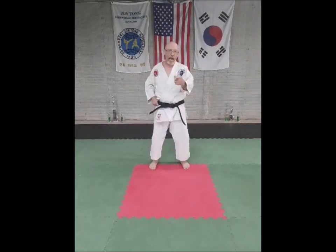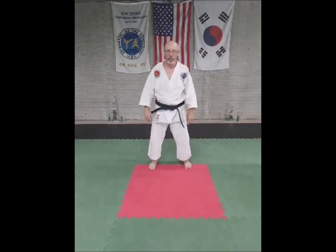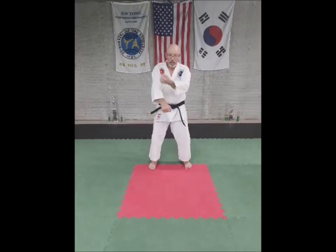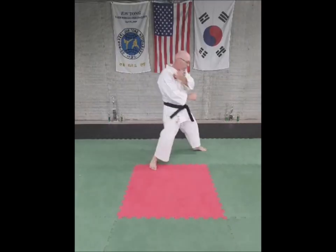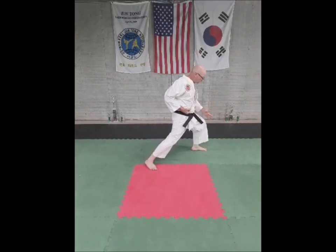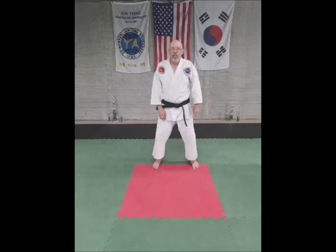Now let's add the actual technique that we do in the form. So now for the form, what do we do with the arms? We bring it up and we do the block, right? So we're going to do the same thing. 1, 2. Now we want the foot and block to stop at the same time. So 1,